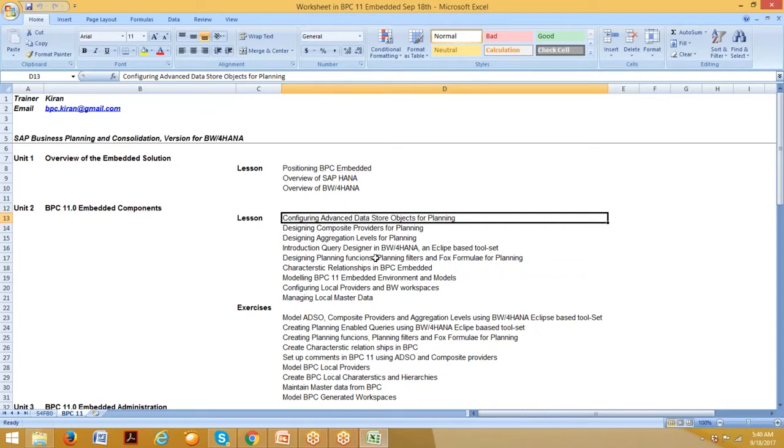Now we can create composite providers. This is one more item in BW for HANA, the composite provider. You can add more than